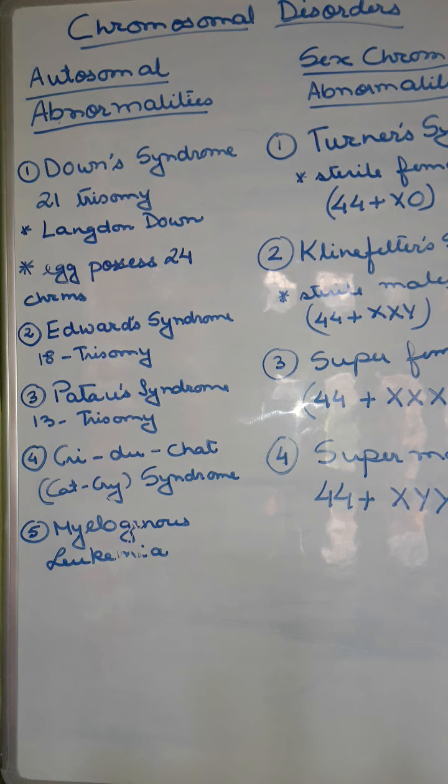The next is the myelogenous leukemia. This is due to the deletion of some portion of the long arm of chromosome number 22, and this deleted portion is added to chromosome number 9. That means this occurs like a reciprocal translocation. Actually leukemia, by the word we understand that it is something related to cancer, isn't it? That means here this is the cancer of the white blood cells. Okay, and here what happens, the patient